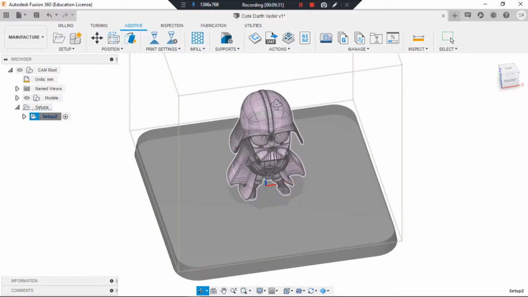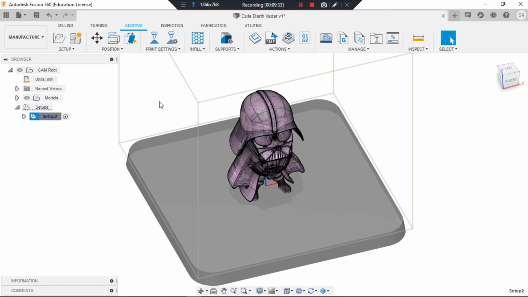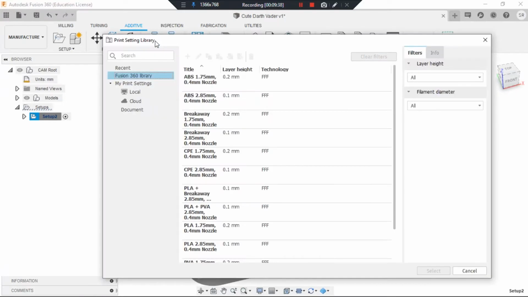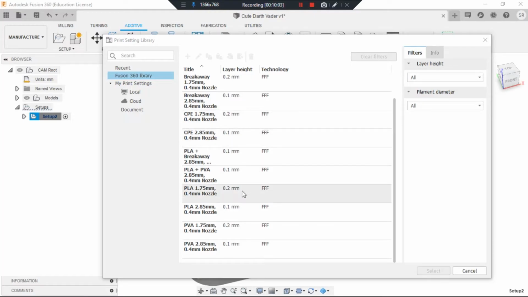And we want to print this 3D printing model. So what do we have to do next? The next is we change the print settings. In these print settings, we will consider the material we will use to print this model. You can see there are several materials, and each of these materials has its advantages and disadvantages. So you have to consider based on your needs, your model, and your capabilities.